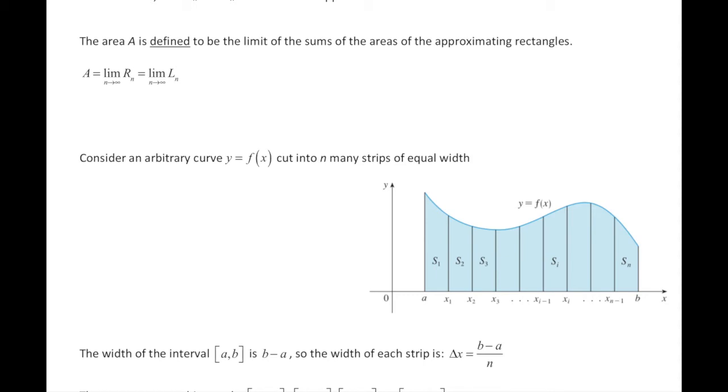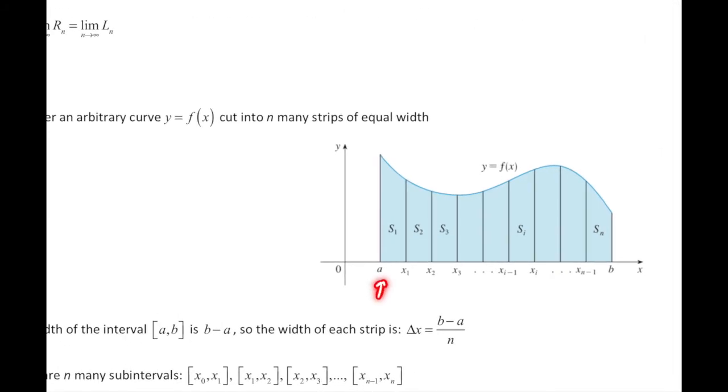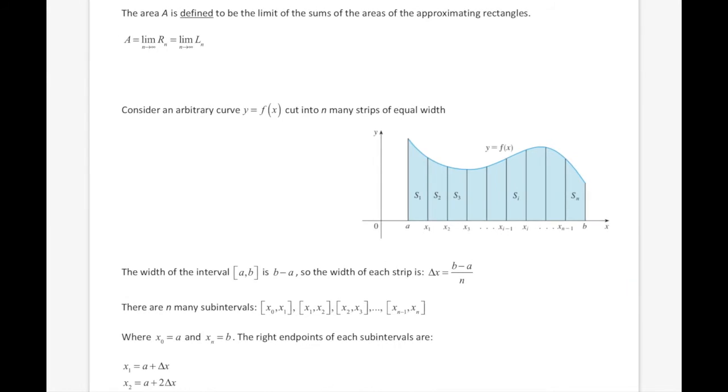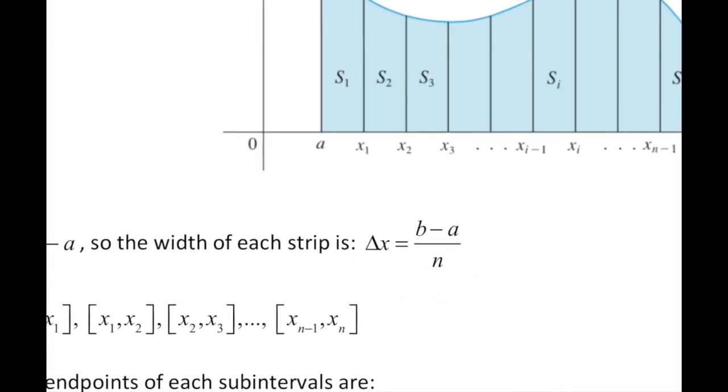approaches infinity. Given any curve, any width, so I've got some arbitrary curve, we're going from a to b. We're going to split this into n many rectangles. So the width of the interval from a to b is going to be the difference between the two endpoints. So it's that value, subtract that value. If we're going from 3 to 5, that width would be 5 minus 3 is 2. Since we have n many rectangles, the width of each rectangle I'm going to represent as delta x, Greek letter delta for change, or that's going to be the width of x, is the difference divided by the number of